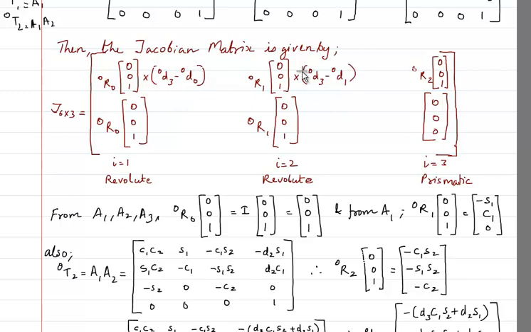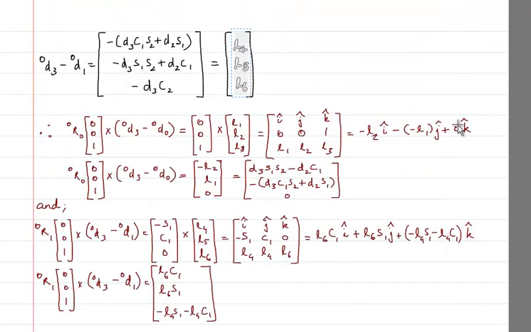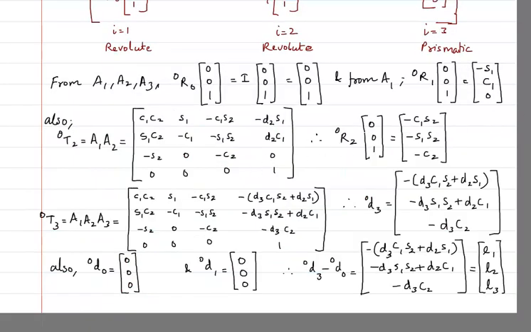Similarly, now I have to find 0d3 minus 0d1. Again, 0d1 is all zeros, so it is going to be similar, but just for the sake of it, because you may have a different value in a separate problem, I have named this value as L1, L2, L3. Actually, L4 is the same as L1, L5 is the same as L2, L6 is the same as L3 in this problem.